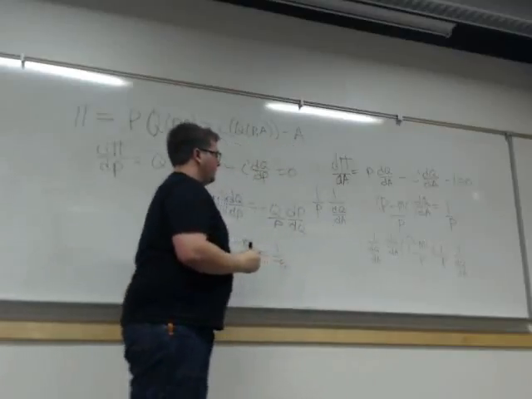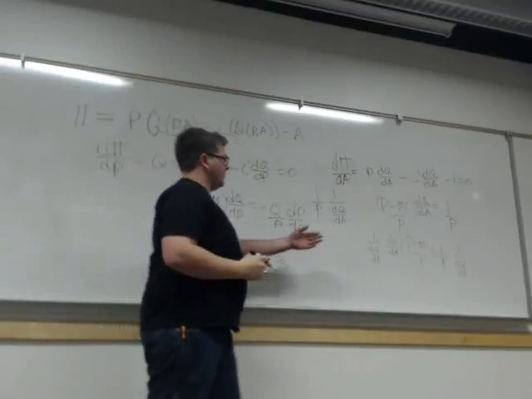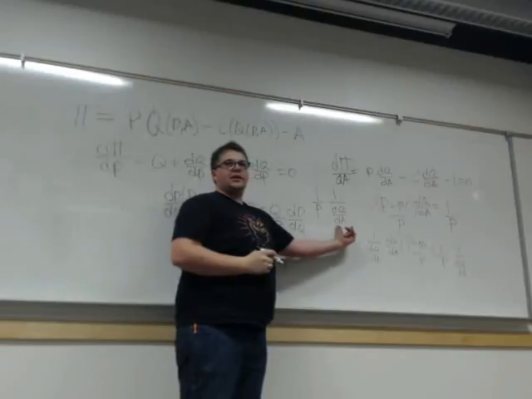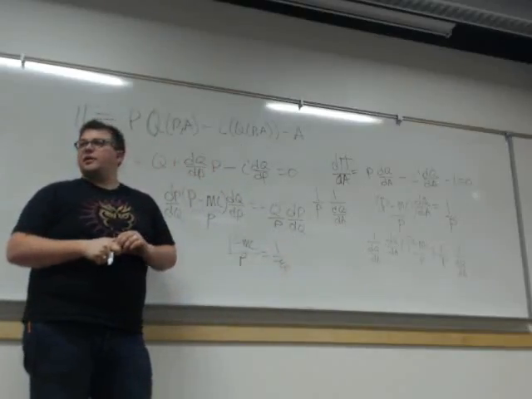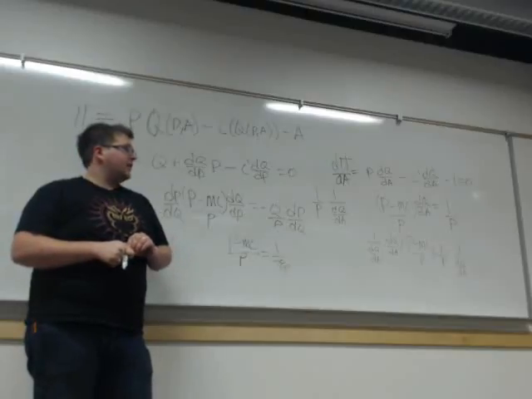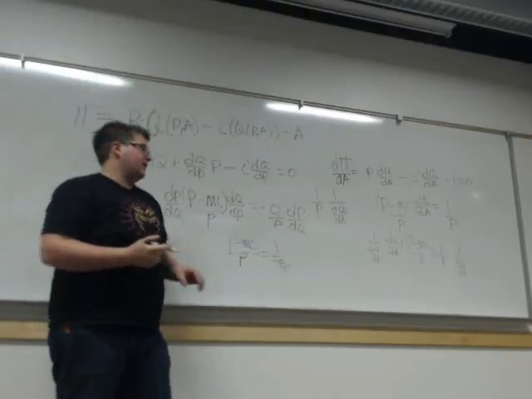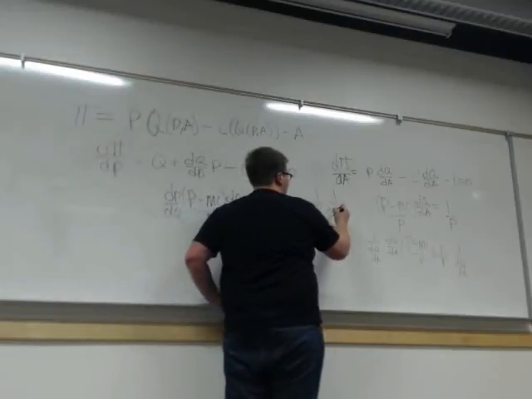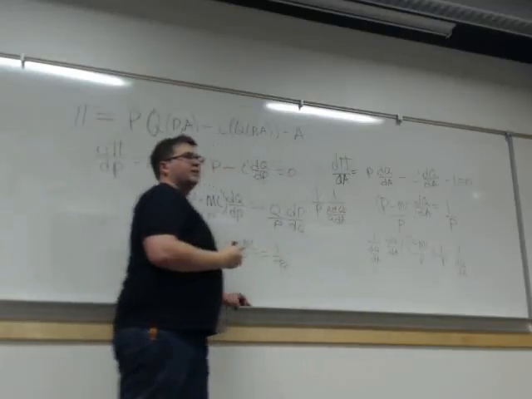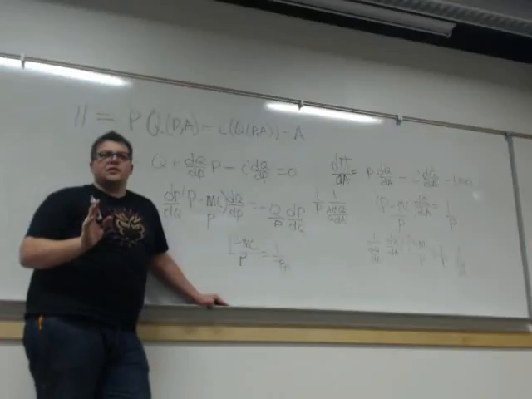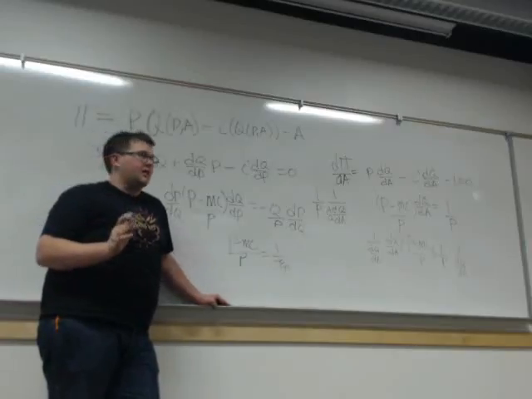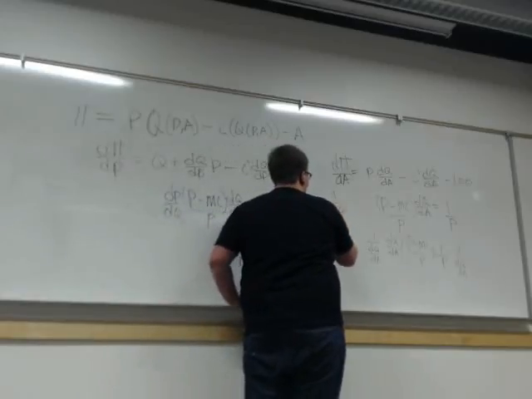What do we need to do to turn this into an elasticity? What do we need to multiply by? Well, 1 over a over q. Okay, so we multiply this by a over q. What else do we have to multiply by to make it so we haven't changed the equation or the expression? Q over a. Yeah, q over a.